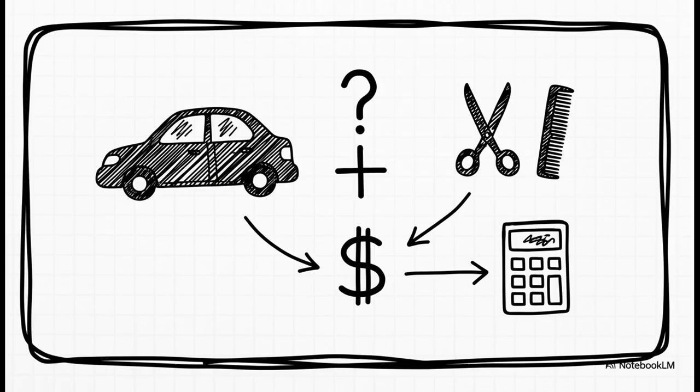First up, market value. I mean, you can't just add 1 car to 10 haircuts, right? The numbers wouldn't mean anything. So instead, GDP uses prices, what things actually sell for in the market, to give everything a common value, a dollar value. That way, you can actually add it all up into one big, meaningful number.